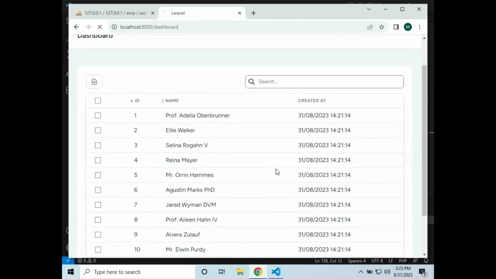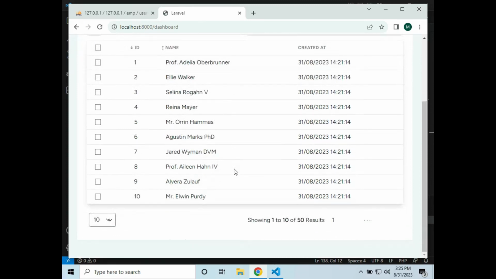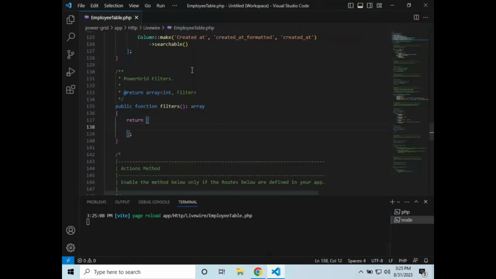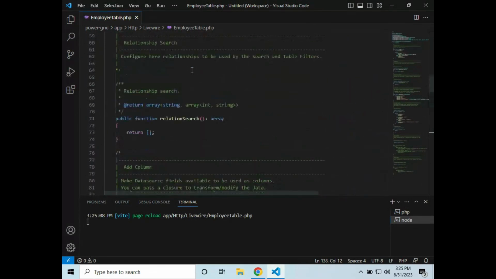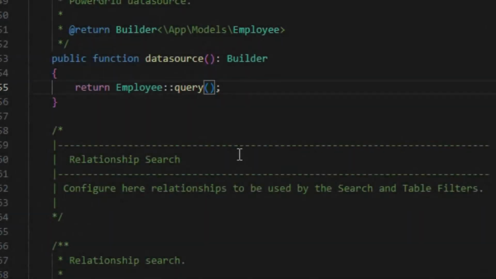Now let's start this in proper. The first configuration we'll be doing is I'll be joining the user table. Currently it's just the employee table information that is being displayed here. So to do that, you head up to where we have query. So on the query section, you are going to be joining our user table, which is